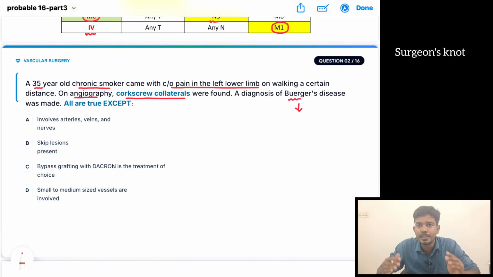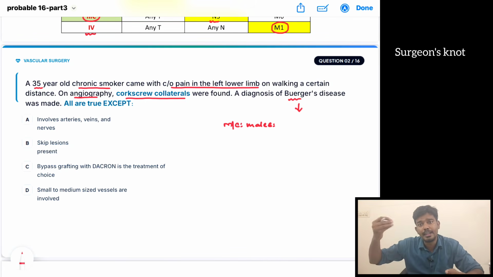Here they are asking you to differentiate between Buerger's disease and atherosclerosis. Usually ரெண்டுக்கும் தான் confusion ஆகும். Usually both occur above 50 years. Usually Buerger's disease occurs a little earlier than atherosclerosis. Atherosclerosis can occur in both male as well as female. Here in Buerger's disease, it occurs most commonly in males. Also there will be involvement from the